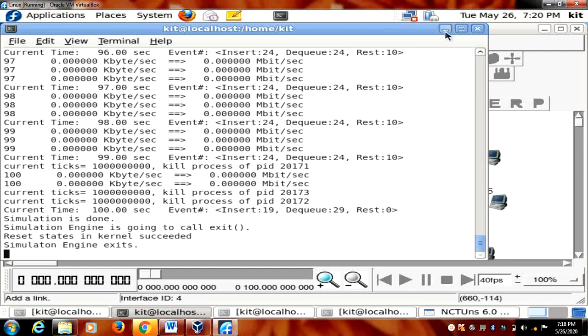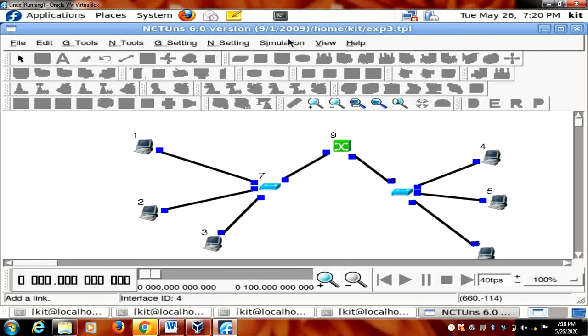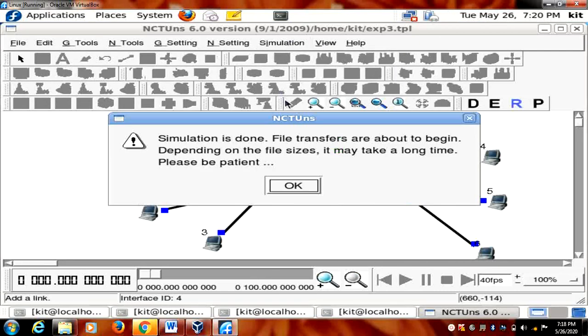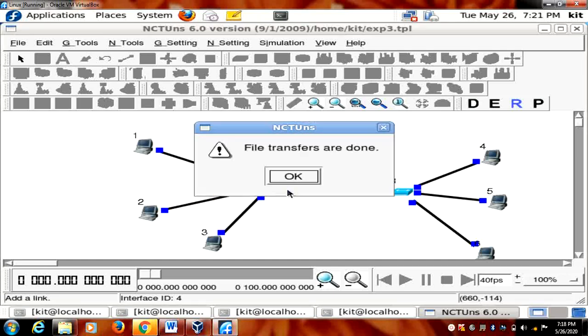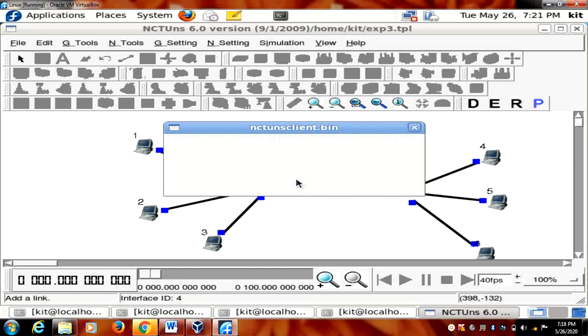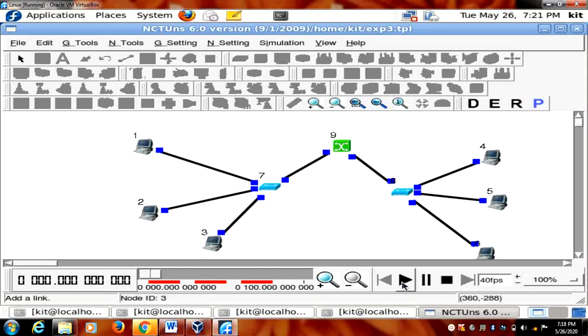Completed. Just minimize this and go for simulation. Stop. Okay. Wait for the mobile window. We got same thing. Hit the playback.